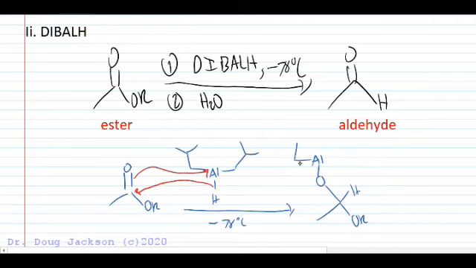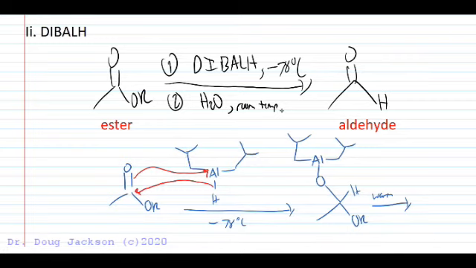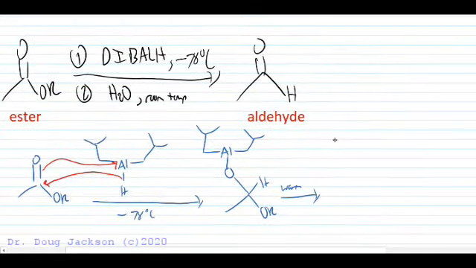where that Lewis acid group is stably hanging on to the oxygen. So what happens is you don't eliminate the OR group immediately. As you warm, you, in step 2, warm to room temperature, as you've already quenched the solution with H2O. So all the hydride reagent reacts away, and in the absence of additional hydride reagent, as you warm up, the